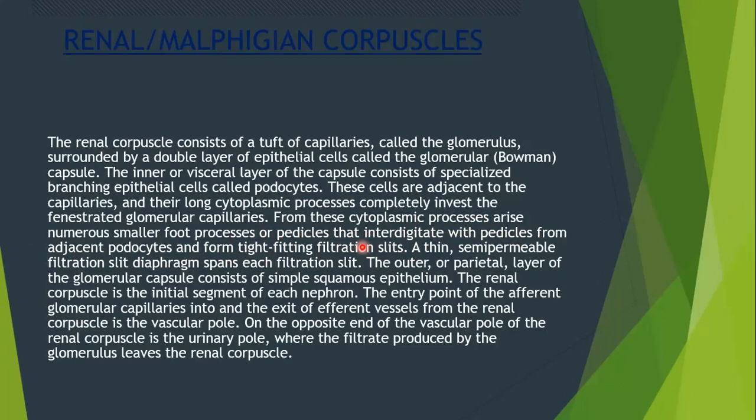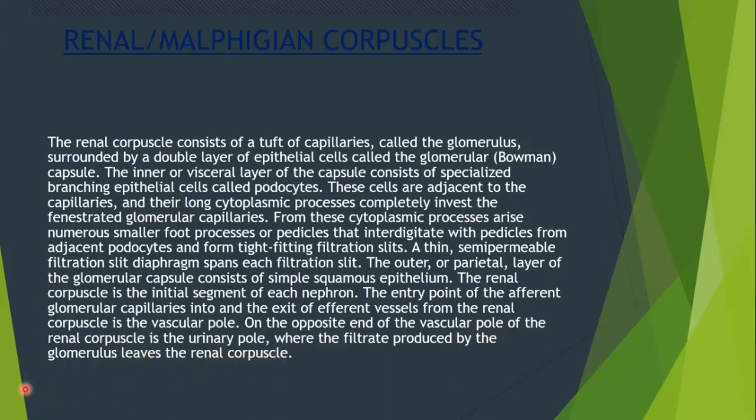glomerular filtration barrier. We will look at the glomerular filtration barrier. Then a thin semi-permeable filtration slit diaphragm spans each filtration slit. Then the outer or parietal layer of the glomerular capsule consists of simple squamous epithelium. The renal corpuscle is the initial segment of each nephron, remember that. The point where the afferent arteriole enters the renal corpuscle and the efferent vessel exits is the vascular pole. On the opposite end of the vascular pole is the urinary pole, where the filtrate produced by the glomerulus leaves the